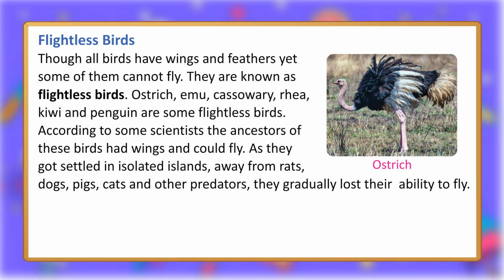Flightless birds. Though all birds have wings and feathers, yet some of them cannot fly. They are known as flightless birds. Ostrich, emu, cassowary, rhea, kiwi and penguin are some flightless birds. According to some scientists, the ancestors of these birds had wings and could fly. As they got settled in isolated islands, away from rats, dogs, pigs, cats and other predators, they gradually lost their